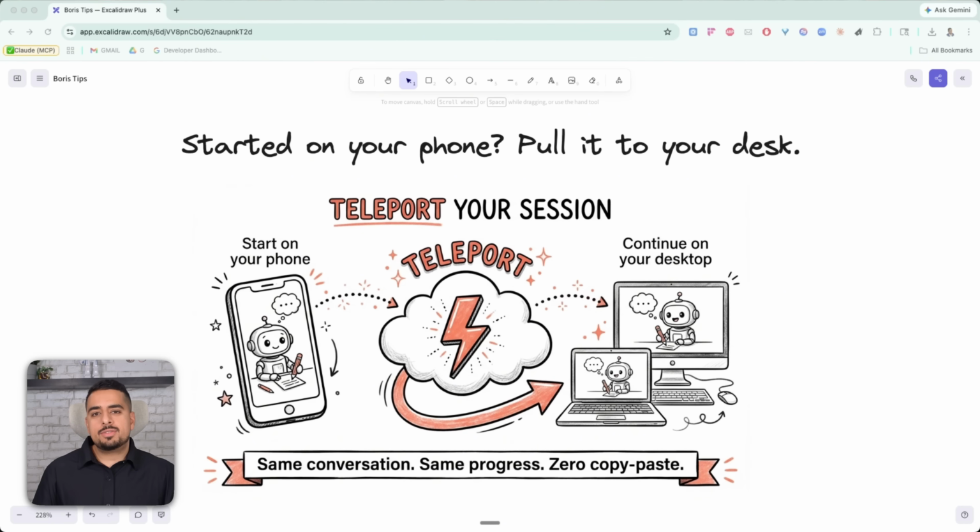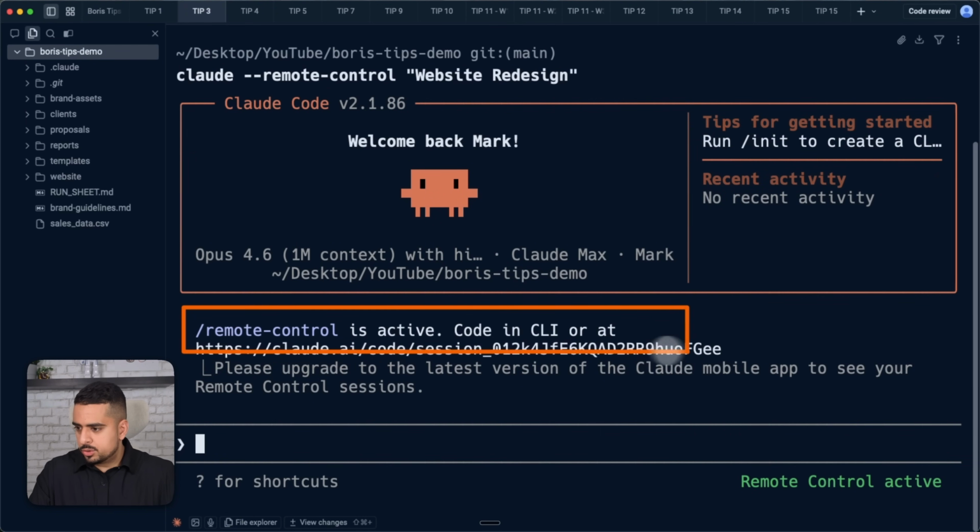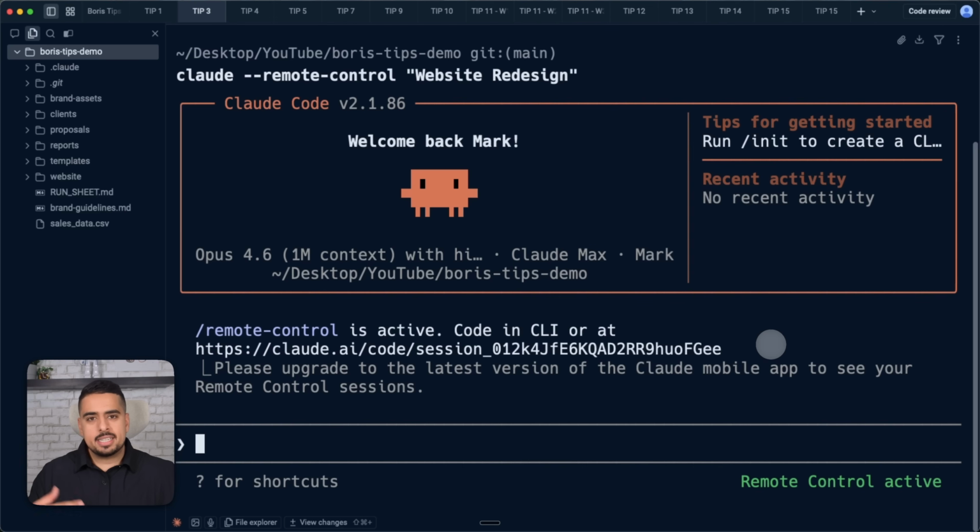Now tip 3 is very much related to teleport, but instead of going from your mobile device to your desktop, you can go from your desktop to your mobile device. So how you would do that is if you go to your terminal and you do /remote-control, this is another feature that I discounted, but now that I understand where and when to use different types of tools, like when to use dispatch, when to use remote control, when to use my own configuration on my Telegram,